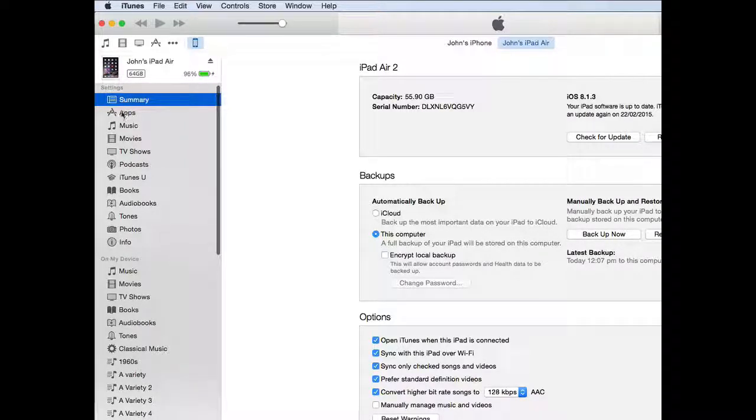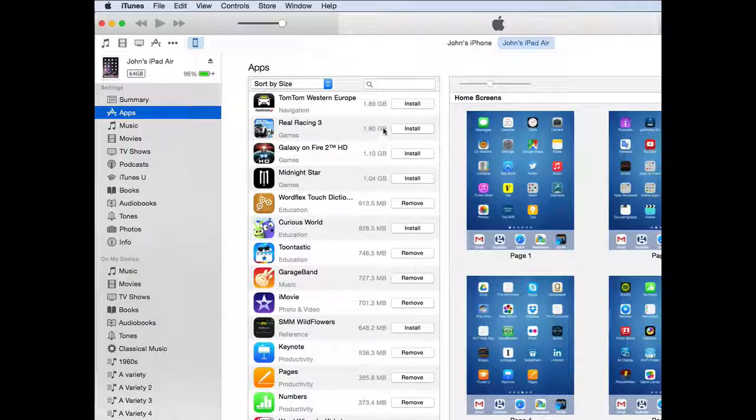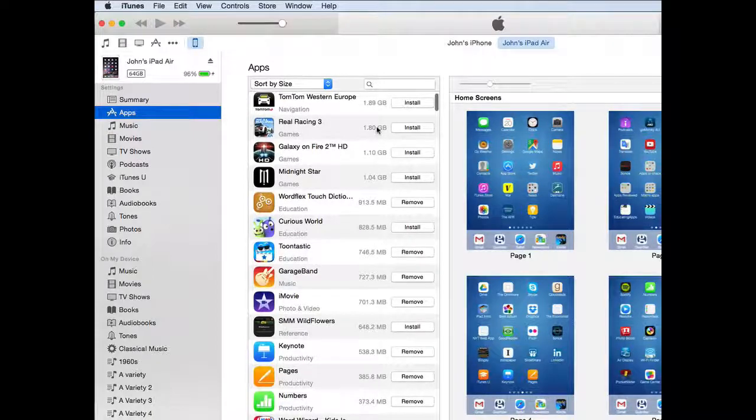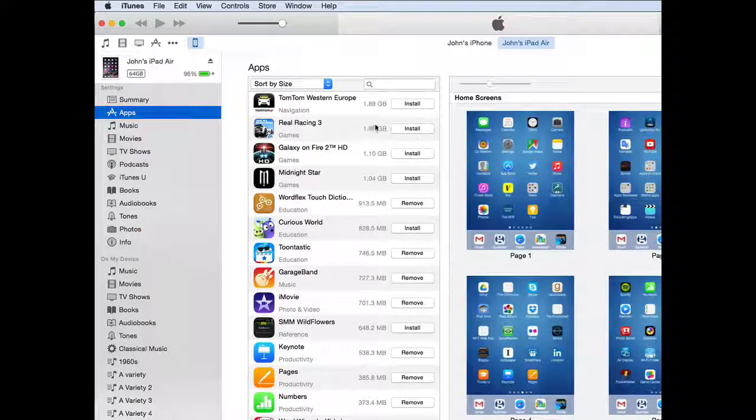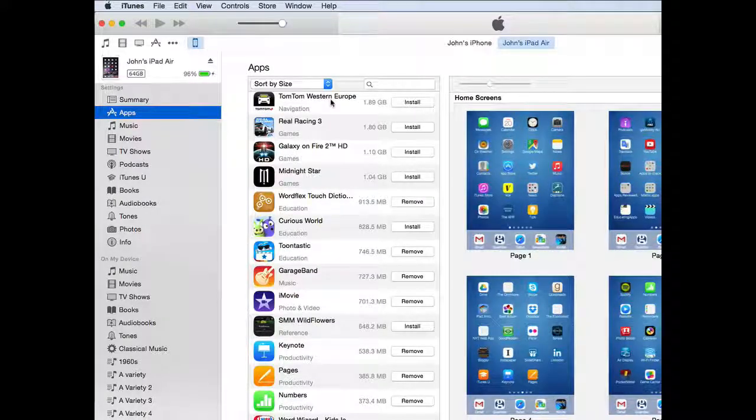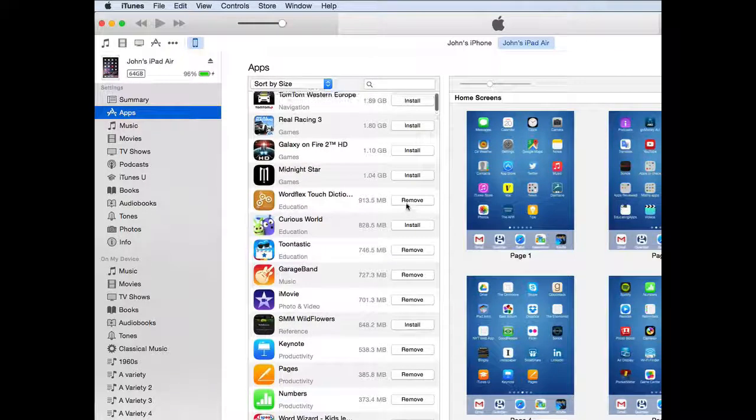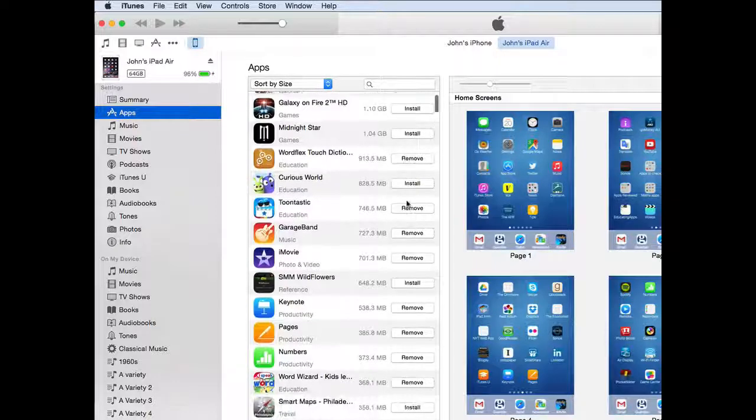For apps, if you get a lot of apps, you'll probably want to choose which ones are transferred or kept on the device. Now, for example, I've got a very large app, the 1.8 gigabyte satellite navigation software. Now, I'm not in Western Europe, and I won't be for a little while, so I don't need that on my device, and I never transfer it to the iPad. I would only use it on the iPhone. So I can click here to install or remove an app,